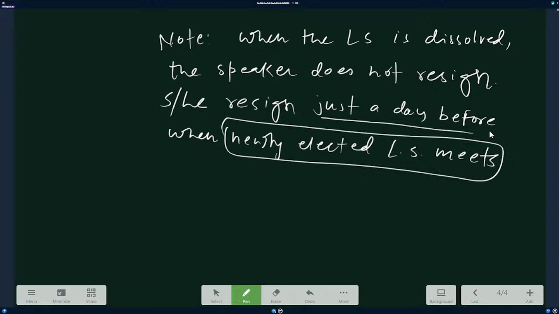जैसे इलेक्शन हो गया, अब कल नया सेशन शुरू होने वाला है, तो आज वो रिजाइन कर देगा. क्लियर? अब जब रिजाइन कर देगा तो फिर क्या होगा? रिजाइन करने के बाद the President would elect a pro tem speaker. अ प्रोटेम स्पीकर का काम क्या होता है? Pro tem speaker is a temporary speaker for the day, and he presides over the house for the day, and that day actually the Lok Sabha speaker is elected. Got the idea? Yeah, clear?